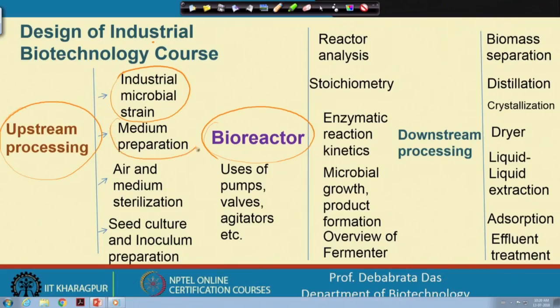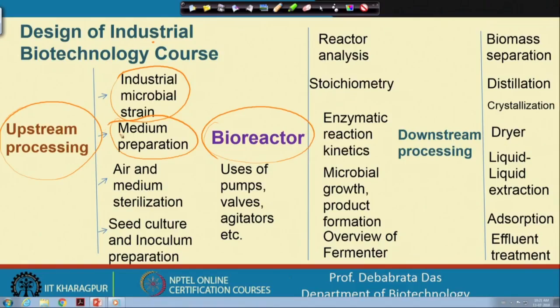So that is why there is a stringent procedure through which we can develop the industrial strain. That is why industrial strain is very costly. And then for the growth of industrial strain, we require the media. And I told you media comprises 4 different types of components. It should have carbon source, nitrogen source, minerals and vitamins, and everything has a different